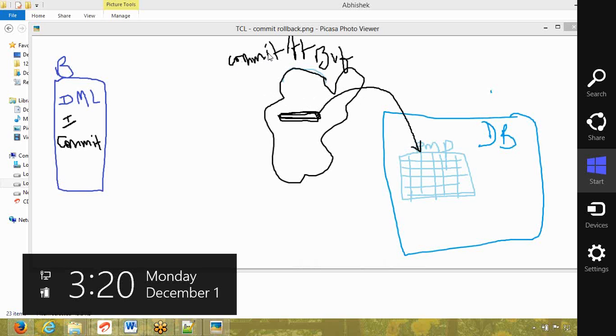How to fire that commit statement? Just write commit and execute that. That's it. I'll show you by example all these things. So here you can see